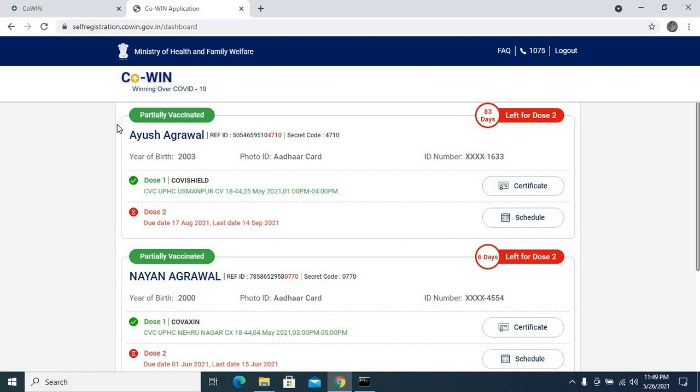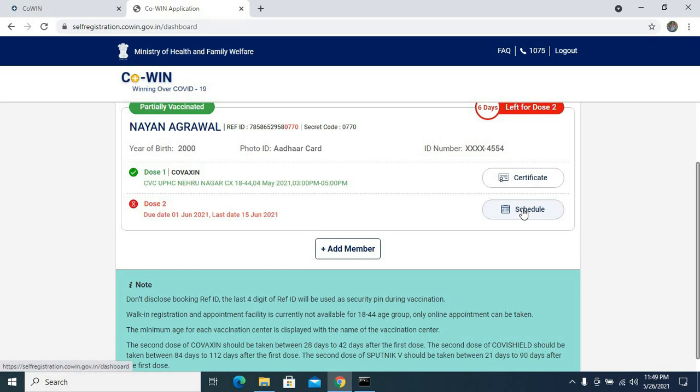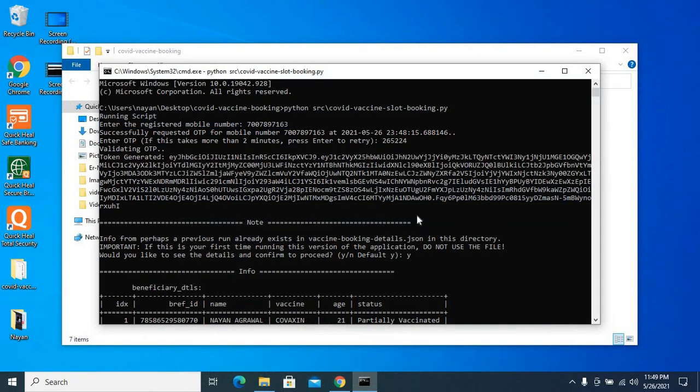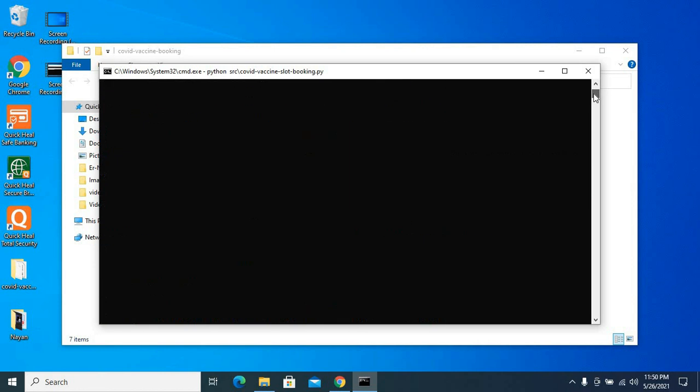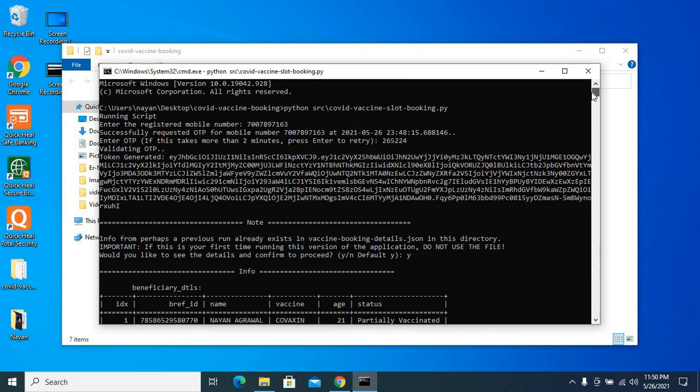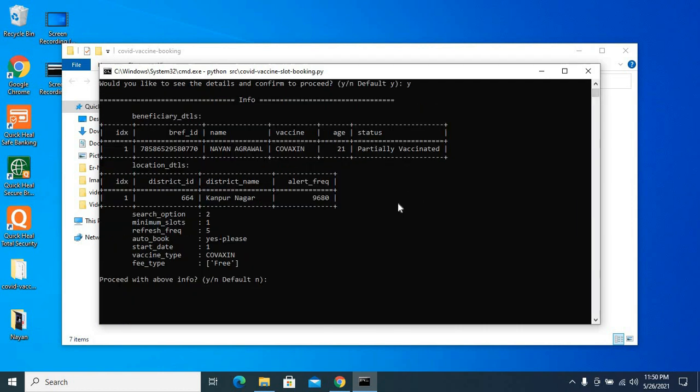For my younger brother I have to book separately, and for myself I have to book separately, and through my command prompt I can book for more than one at the same time. This is the advantage of my project, and this also avoids several visits to the CoWIN portal and checking again and again.